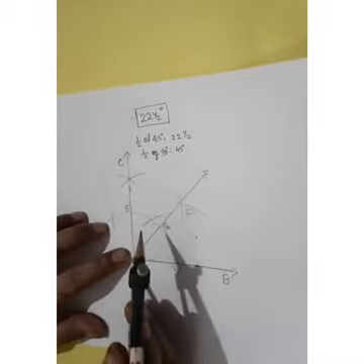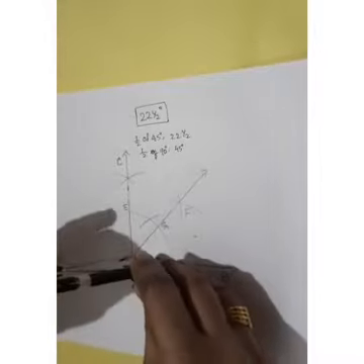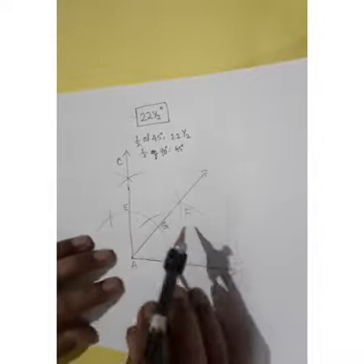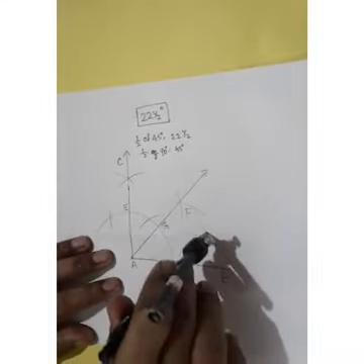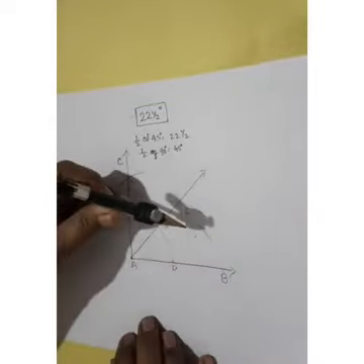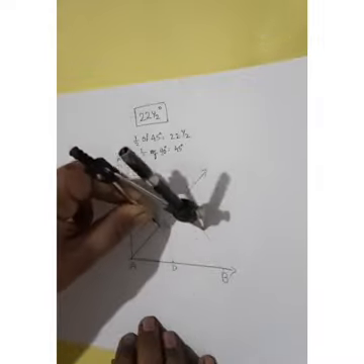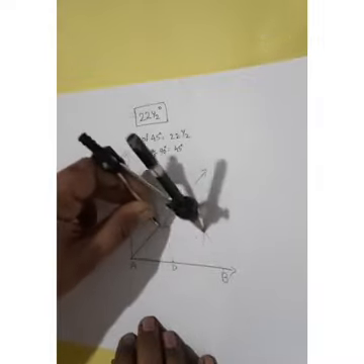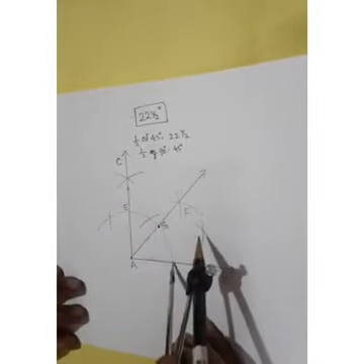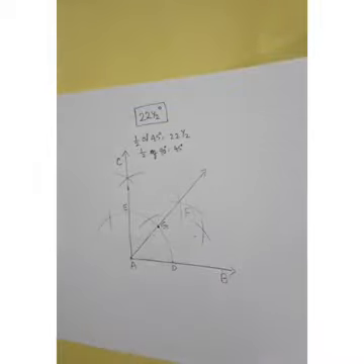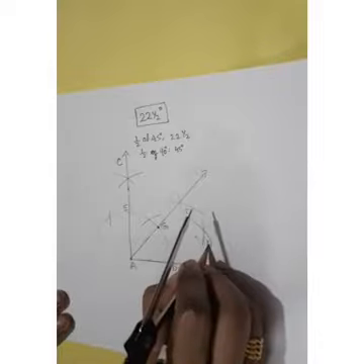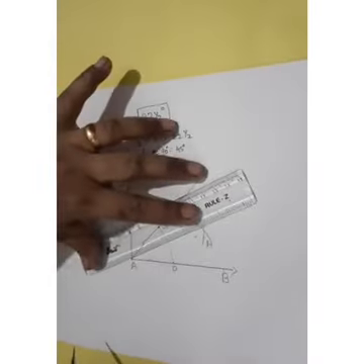So one arc we want to draw from A. Already our arc DG is there. Now we need to draw one more arc. Then from D we take more than half of this DG arc radius and draw two arcs, with D and G as centers. Draw two arcs which intersect at the point H, and join A and H.